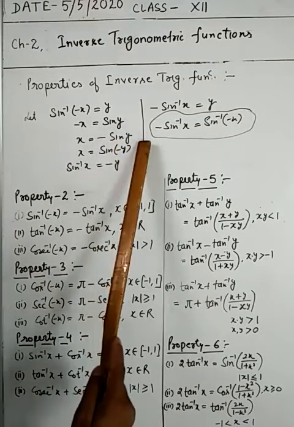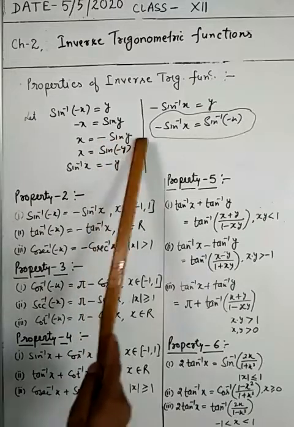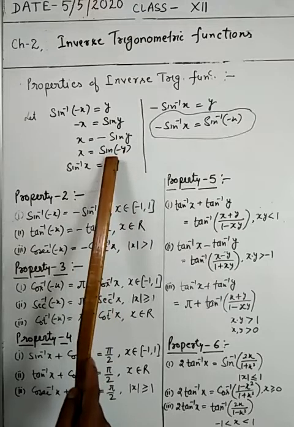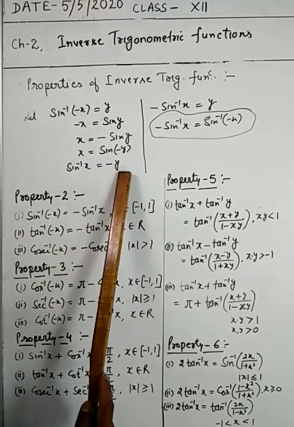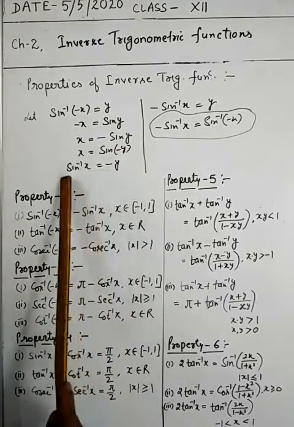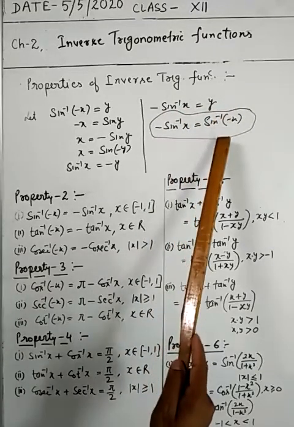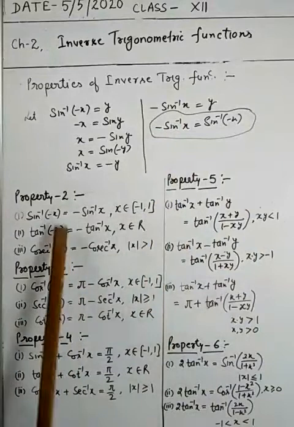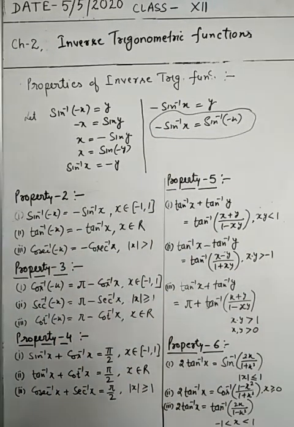Now minus sin y can be written as sin of minus y. You know the formula, sin of minus theta equals minus sin theta. So minus sin theta equals sin of minus theta. Take sin inverse to this side, this is sin inverse x equal to minus y. Again multiplying both sides by minus, this is minus sin inverse x equal to y. Put the value of y, we get sin inverse of minus x equal to minus sin inverse x, which is the proof of the first part. Similarly, you can prove the second and third part.